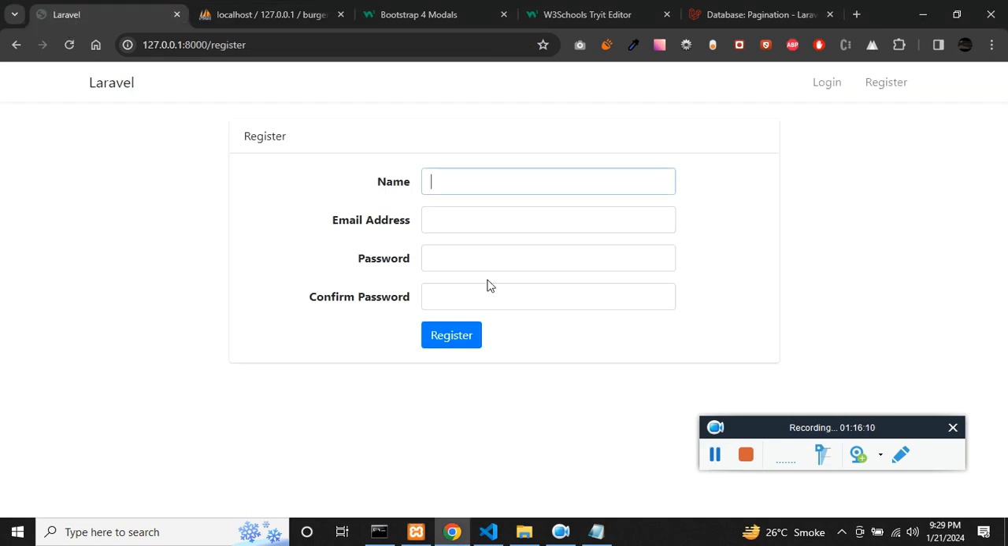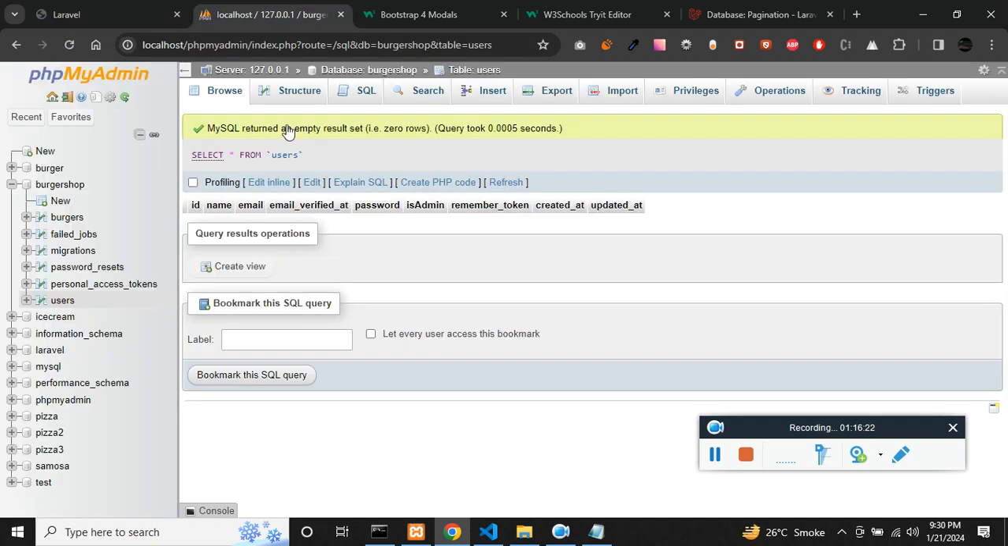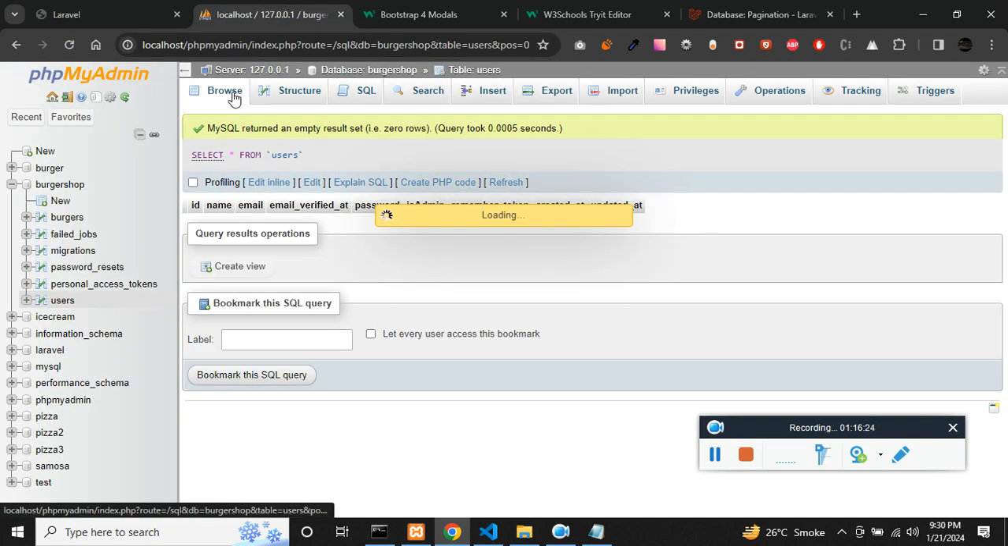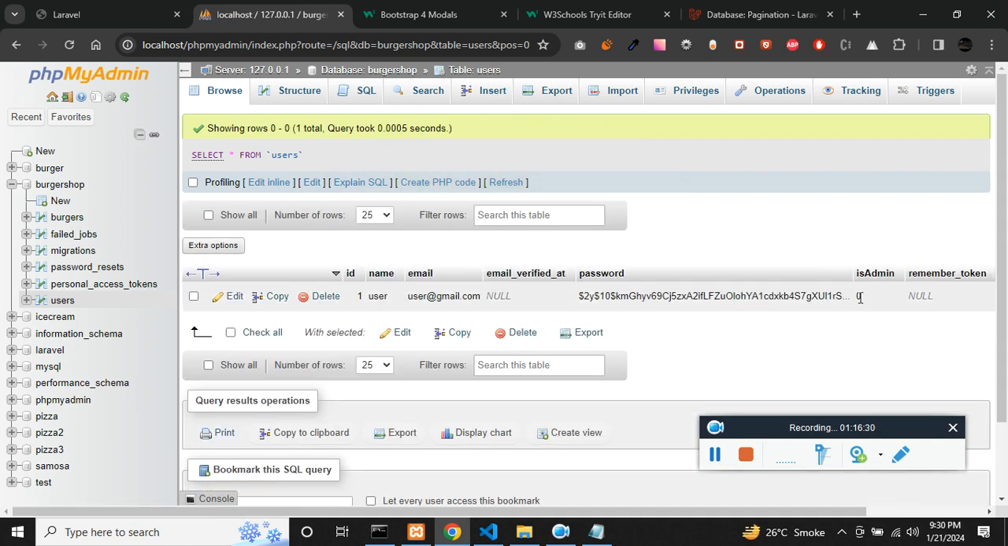Okay, now let's try registering it. User, user, user@gmail.com, password and confirm password, save. Now let's check. The isadmin should be 1. Sorry, isadmin should be 0 default. Now